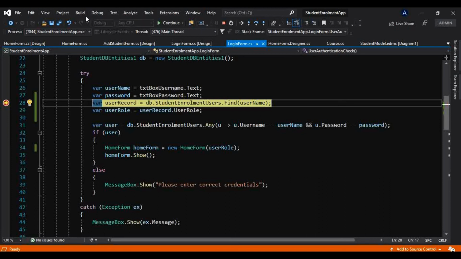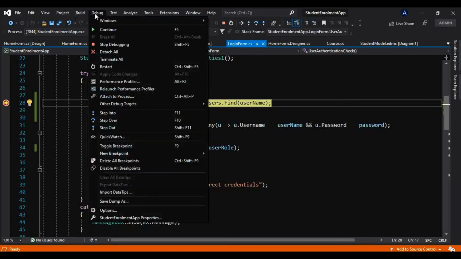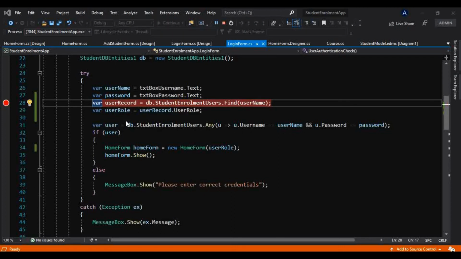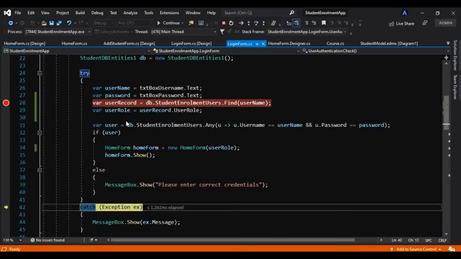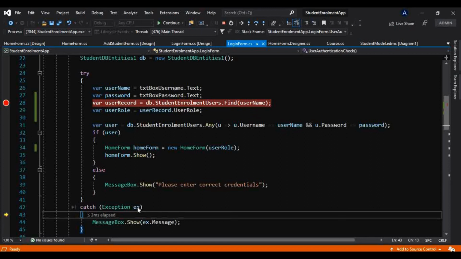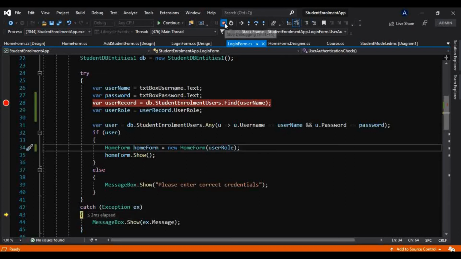So let me just step over that. Let me go to this. Let me step over that. Yes, so it is throwing error for this. And what is the error? Yes, that error will be the same that we have seen earlier. The type of one of the primary key values did not match the type defined in the entity. Okay, so I got this problem.